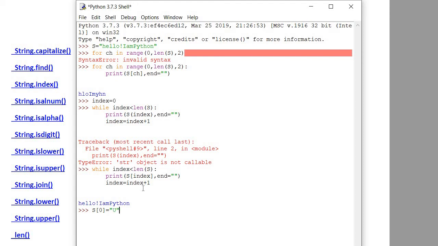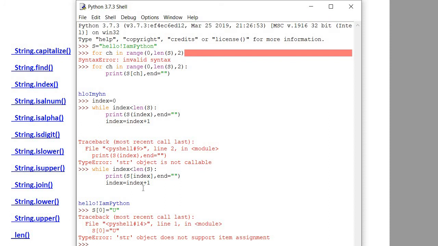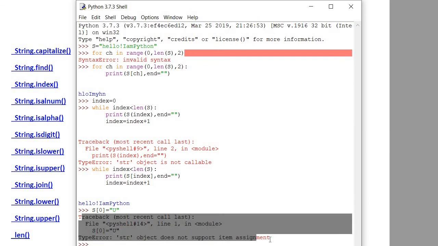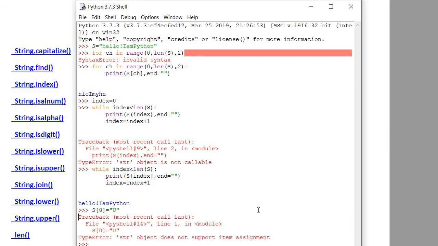Now when you just click, it will throw an error because it shows that this assignment is not supported, because you cannot change. Immutable means once you declare, you cannot change, so it will throw an error. Fine. So always remember that string is an immutable data type.